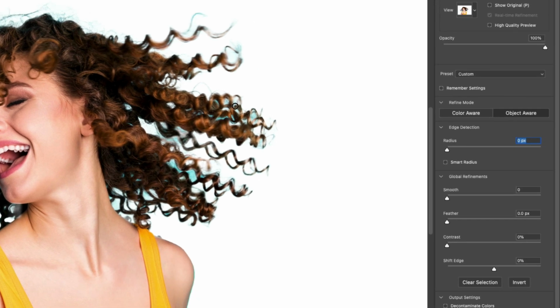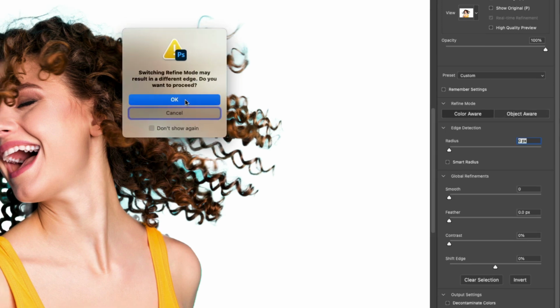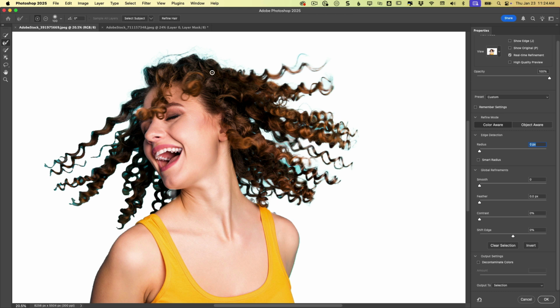And I found for this image in particular, I like working at this point with the color aware adjustments because we've already got the selection around her and her hair more or less, but I just really want to clean up the color that is a problem through here. So if I switch over from object aware to color aware and I come through here and basically brush over this hair, look at what a better job it does getting rid of those blue color